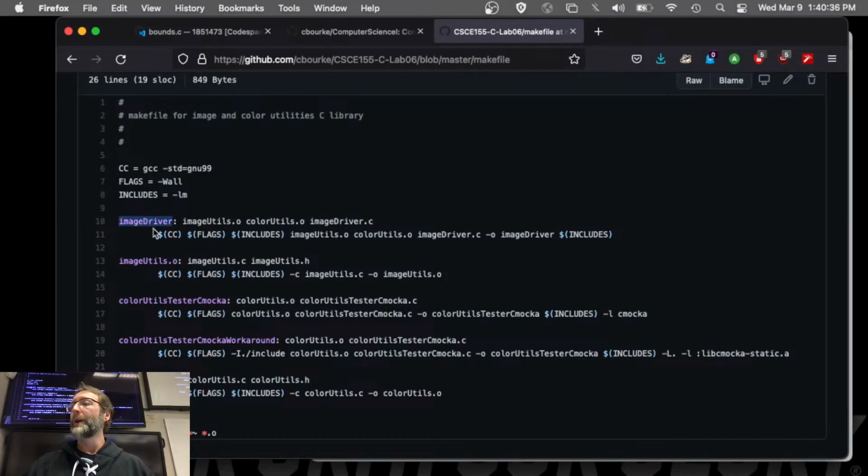So for example, to build image driver, it depends on these files. Then that tells make to go out and figure out, how do I make imageutils.o? Here's the rule to make that. It depends on these things, so I have to do that first. There is a dependency graph here. In order to create this thing, I first have to create this thing. In order to create this thing, I first have to create this thing. That kind of complex relationship is all handled by a makefile, and it is all taken care of